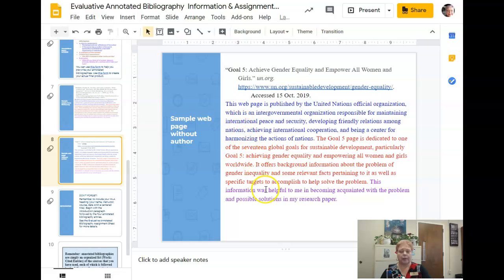And this is what I put in. You would put something in about the goal that you're writing about, that web page that you're looking at. So here's what I wrote. This web page is published by the United Nations official organization, which is an intergovernmental organization responsible for maintaining international peace and security, developing friendly relations among nations, achieving international cooperation, and being a center for harmonizing the actions of nations. This is something that you could feel free to copy and paste, because